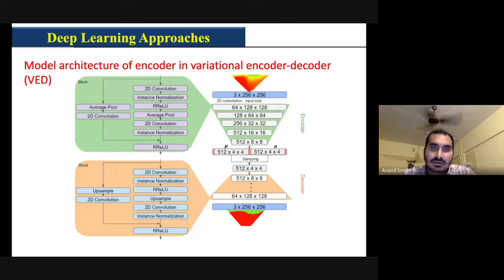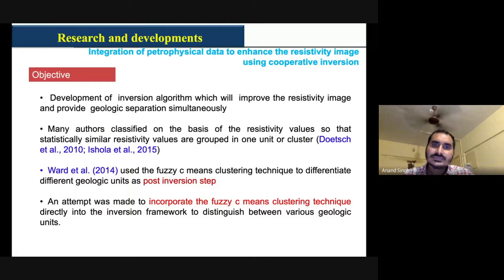Our current PhD student working on this modified that one and got a rough idea of how to do it. Who in the world is utilizing this kind of concept to improve subsurface imaging? Mainly two groups: Ward et al., at the British Geological Survey, and Dorsey at ETH. Now I think he is at the Colorado School of Mines. I'm not pretty sure. I think he is in ETH. So these groups are working on this framework.